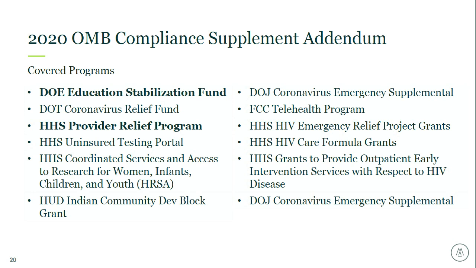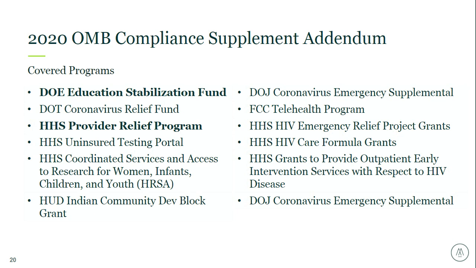So without the addendum and without the audit instructions contained within the addendum, auditors' hands really are tied for issuing single audit reports at this point. Really, we would need those to be able to determine what procedures to perform over major programs, and in some cases, even being able to determine if programs are major programs requiring audit procedures.